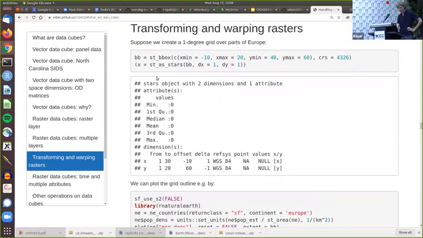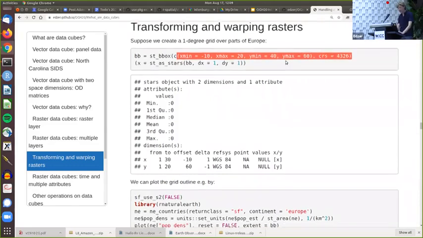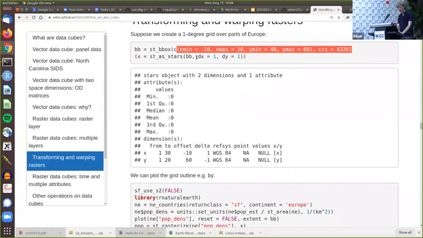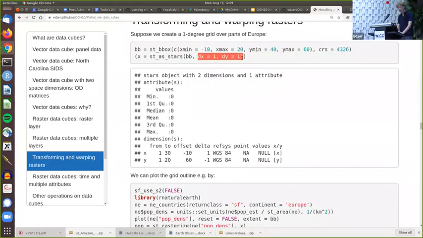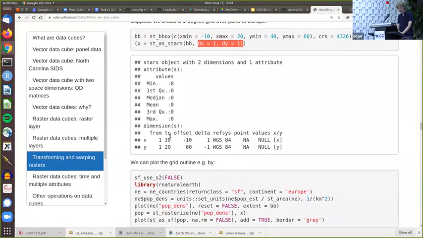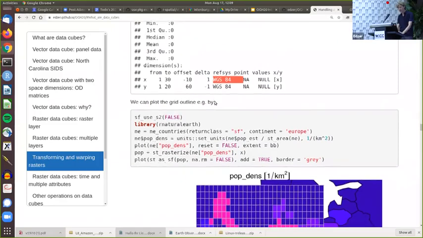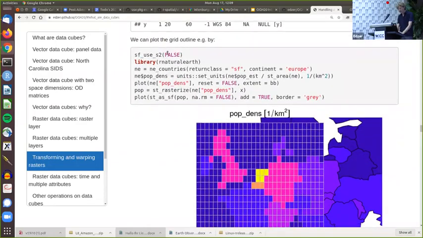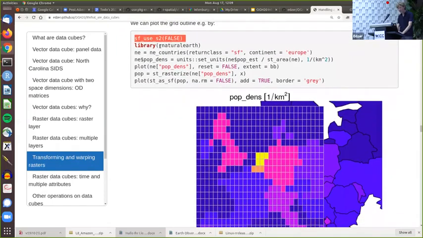And to illustrate that, I created a little data set here with this bounding box. This is pretty much a large section of Europe. Then I converted it into a stars object, which has essentially an empty attribute, with 0 values. And then it's a 30 by 20 grid with 1 degree grid cells associated to WGS84, covering a large part of Europe. And then I did this, not going to talk about what that means, maybe in the break,